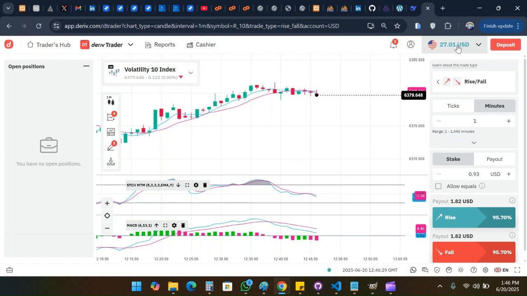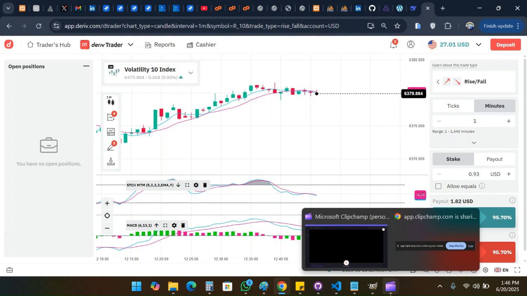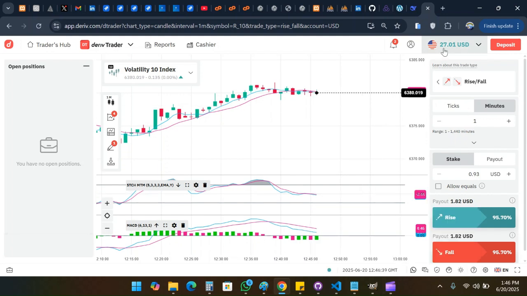So now this part two, we've increased our money from $24 to $27, and you can see. So that is that. So for today, from our $22 plus, we've already profited around $4 to $5 for this day. You get it? So you know you can keep going on and on. Are you getting it now?